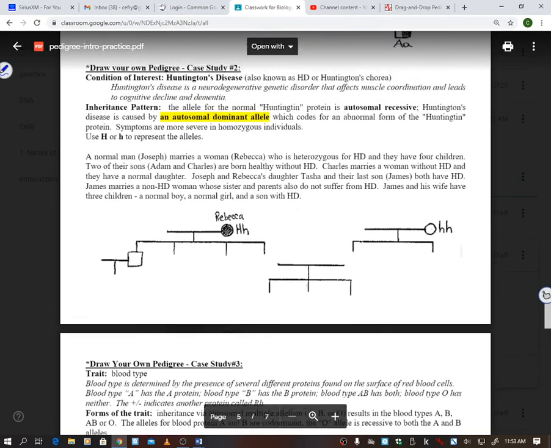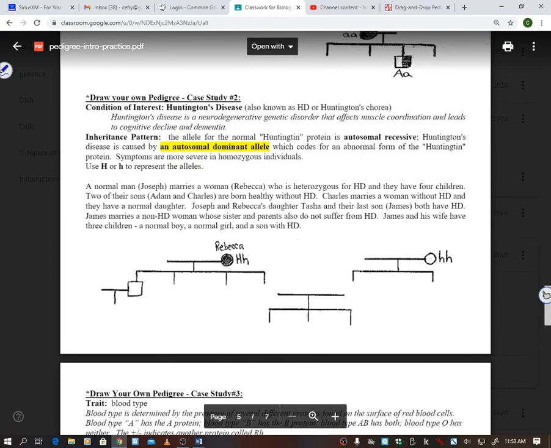All right, so then I'm going to have the kids do one on Huntington's. Now, Huntington's is caused by an autosomal dominant allele. So before I have the kids go off and start doing this, I'm going to tell them, hey, if you have Huntington's,